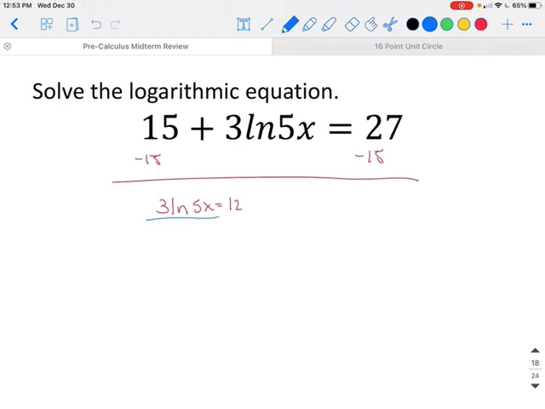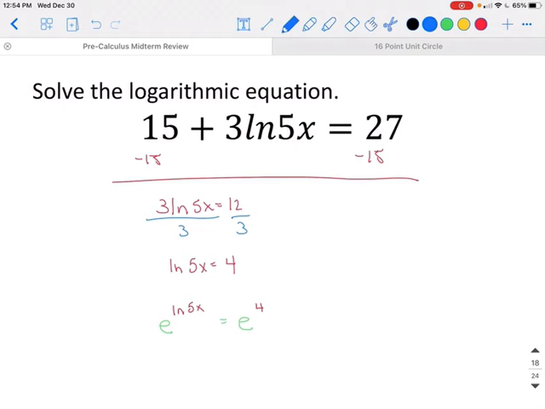Right now we have 3 times that quantity, so we can divide both sides by 3, and we'll have the ln of 5x is equal to 4. Now remember, ln is actually log base e. So if you want to get rid of that e, you can make the base of both sides e,